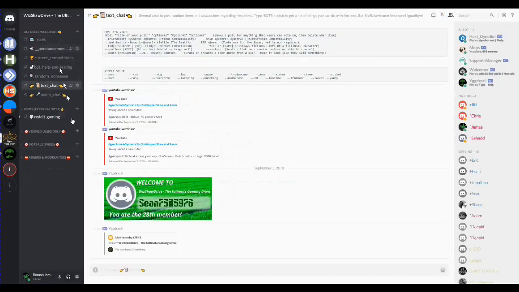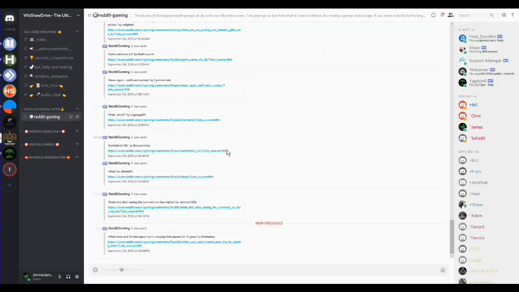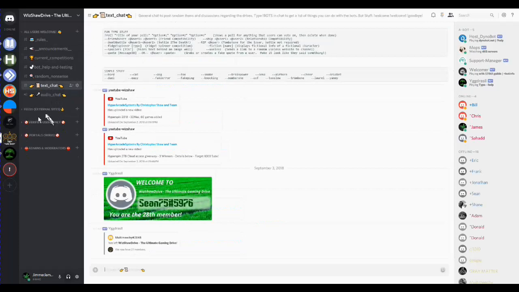So it looks overwhelming with all that stuff I just went through, but I wanted to show everything that's available. But pretty much it's going to come down to chatting in here, talking in here, and then you'll see the ones, like right here actually a feed popped up. Somebody posted something in Reddit Gaming, and you see how it's now showing this one in white. So I'll go over here, see what happened. Oh, someone put what Sony and Blizzard gave me for playing their games for 15 years. So I'm not interested in that. I'm going to go back to the chat, and you'll see it disappears. So these will pop up as you need them.